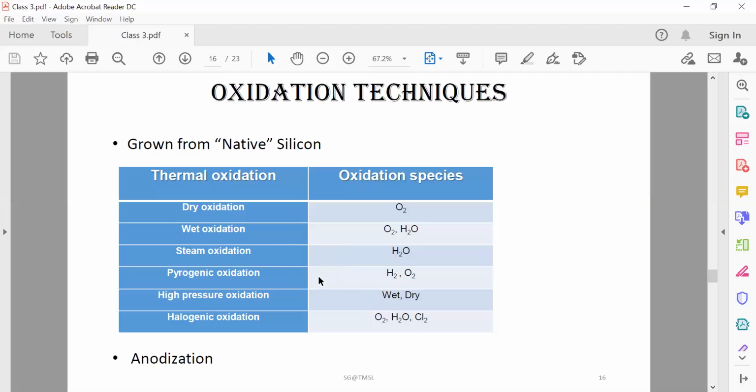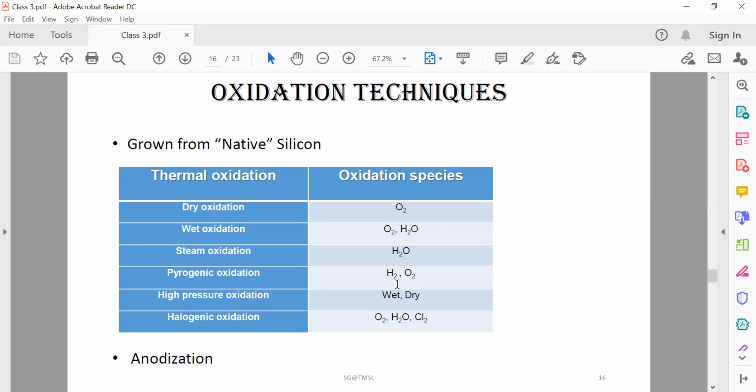Okay, gases are used. The reason is that in water vapor there may be some contamination, but if you use high purity gases, hydrogen and oxygen, there is no chance of contamination. If you use H2O molecule, there is a formation of pits, because H2O can create some nucleation on the surface. As a result there may be some defects and pits if you use high pressure steam. On the other hand, if you use high purity hydrogen and oxygen gas and form high pure steam on the surface of the silicon wafer, then they will form both oxygen and H2O molecule, and they will form native silicon dioxide, and the growth rate will be fast and purity will be high compared to steam oxidation or wet oxidation. Okay,